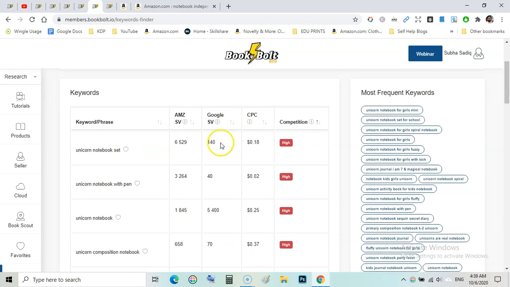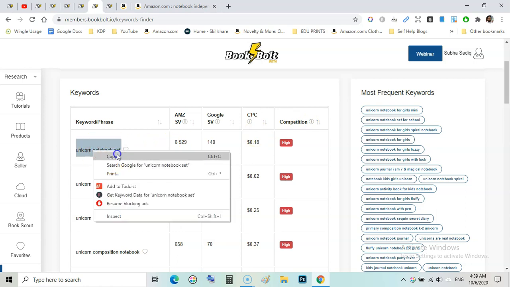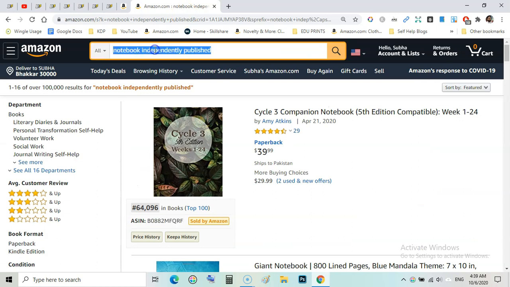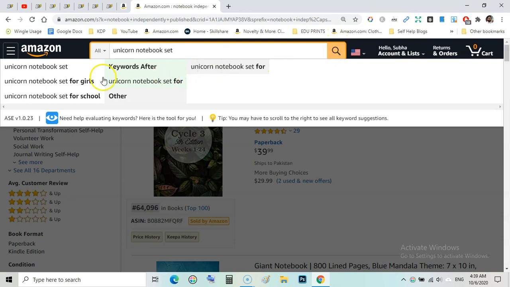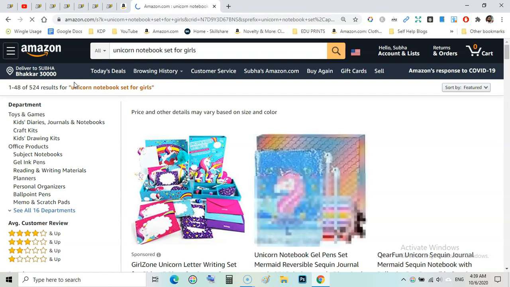Just if you are not sure about the competition part, then you can simply copy this keyword, go to Amazon and paste it here. You can also go for longer tail keywords and see the number of results.